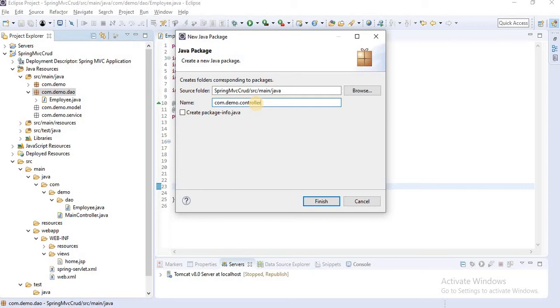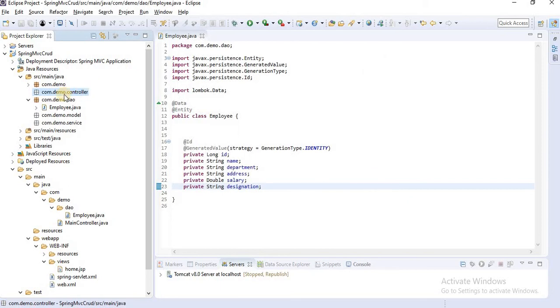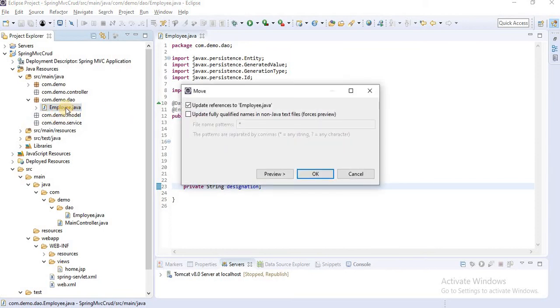If we create proper packages, then our project will look nice. Okay, I'll shift this class inside the model package.